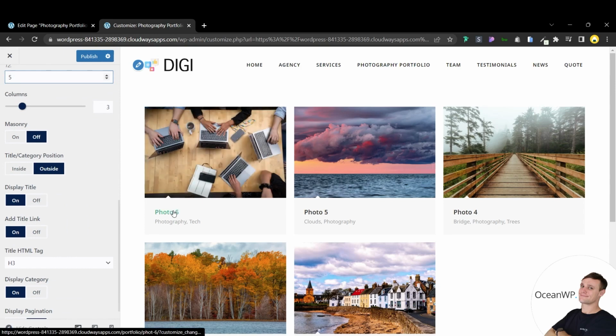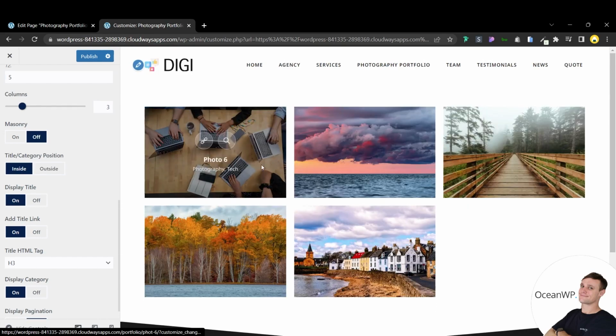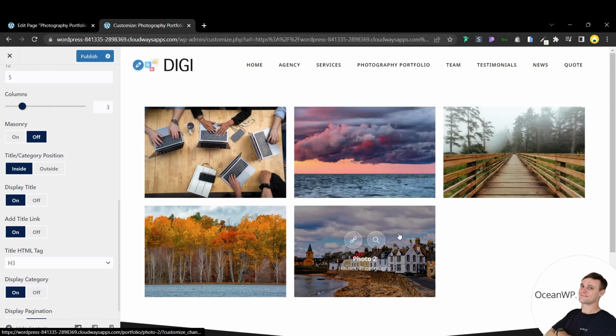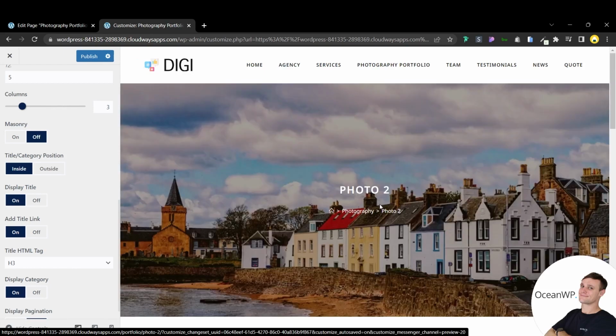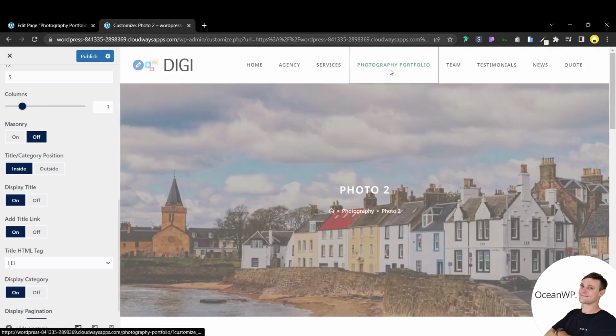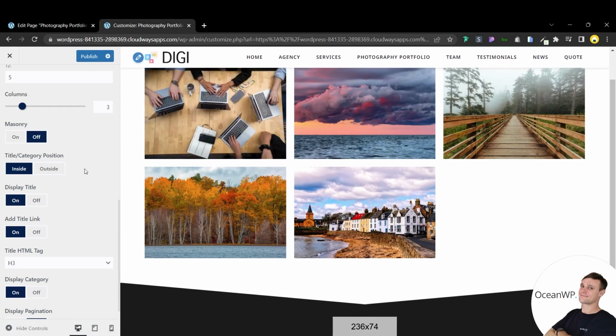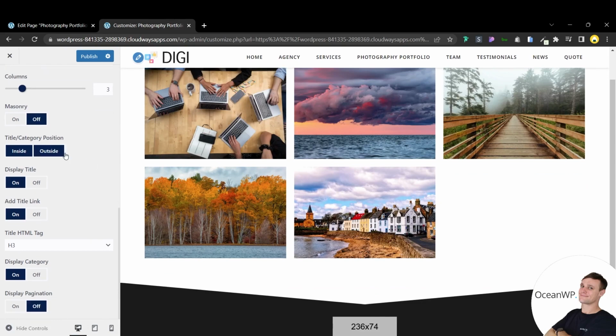Now, currently our title and our tags or categories are displayed on the outside, but if we select inside, then if we hover over an image, you can see the link to the portfolio item as well as the lightbox, it's inside as soon as you hover over it. So I'm just going to go back to the section. I was not supposed to click that. Okay, so if we scroll down,